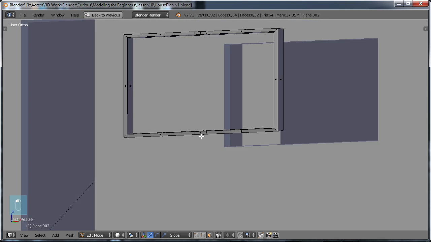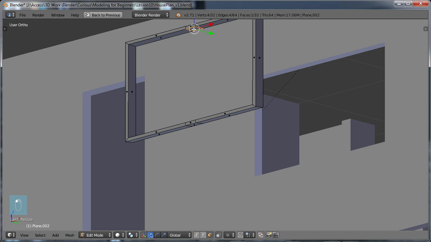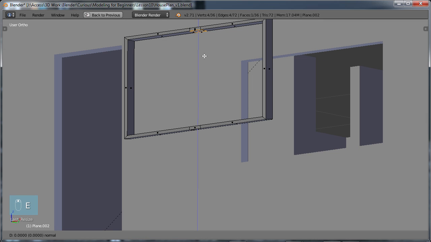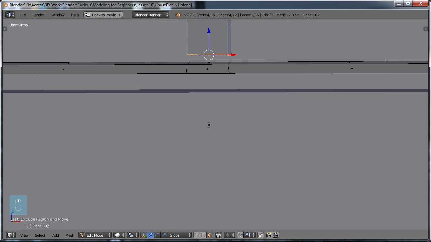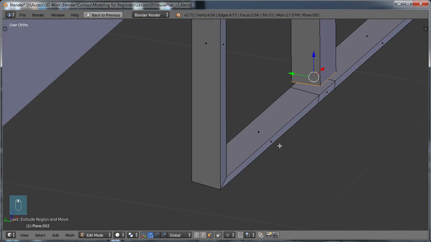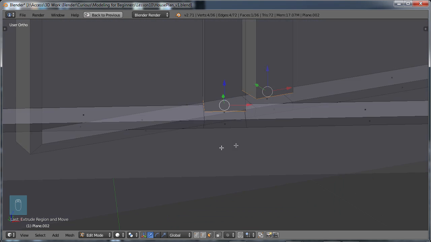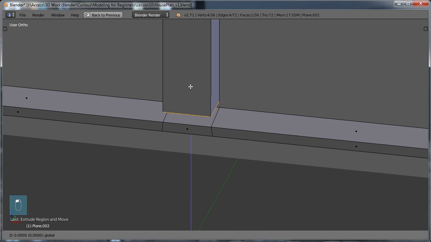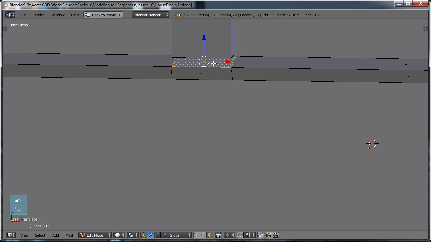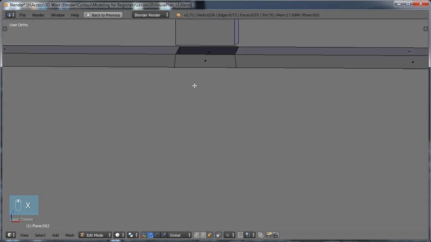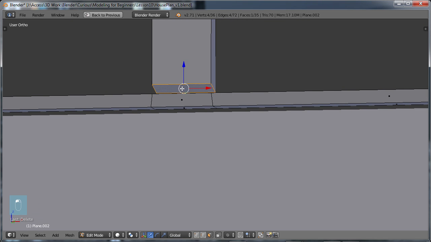I'm going to choose face select and just choose this bottom face here. Choose E and just move this down towards the bottom like so. And a nice little trick when you have two edge loops that you need to connect together, and hopefully they're pretty much the same size or same shape here. You can select one edge loop, and in fact we don't need these faces, so I'm going to X select that face and X select that face, delete that face,